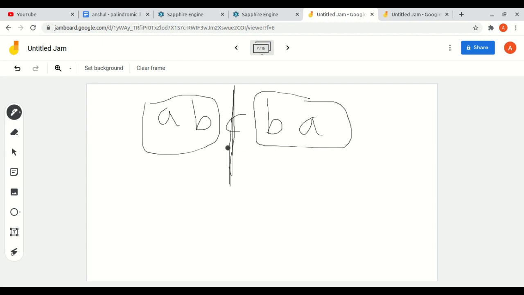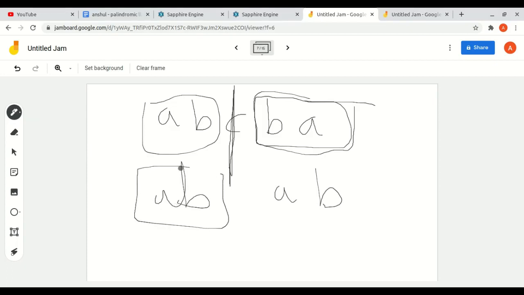In other words, when we reverse the second half, if it is AB and the first half is AB, both linked lists will be equal, or any other thing which you have given. So we are going to just use this.